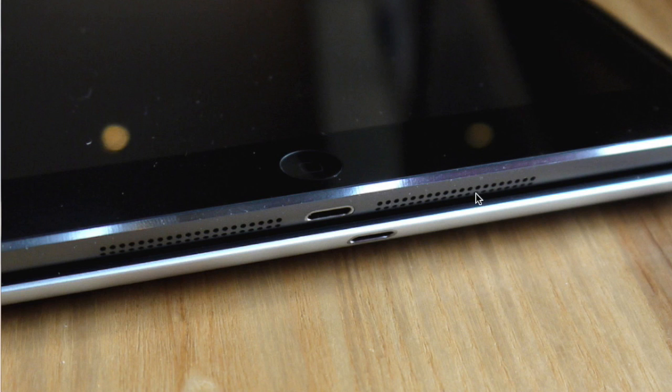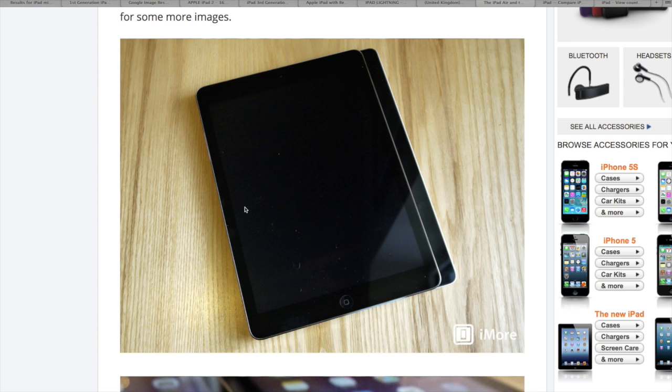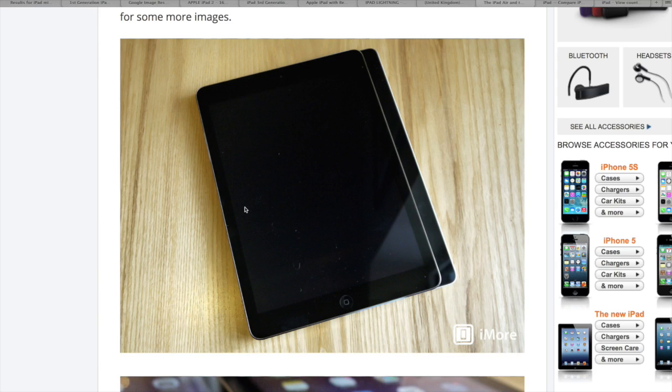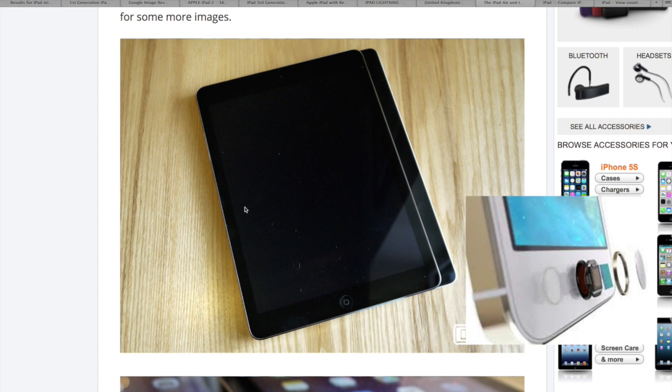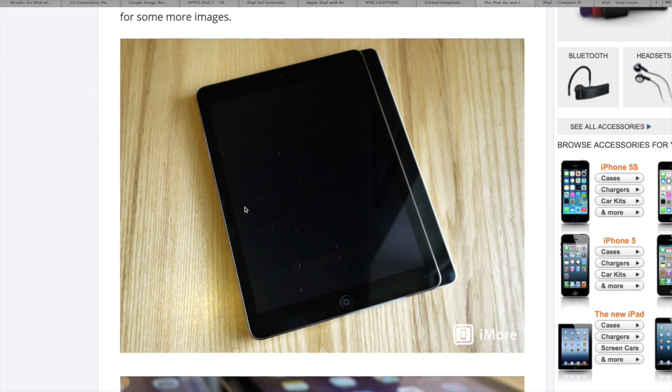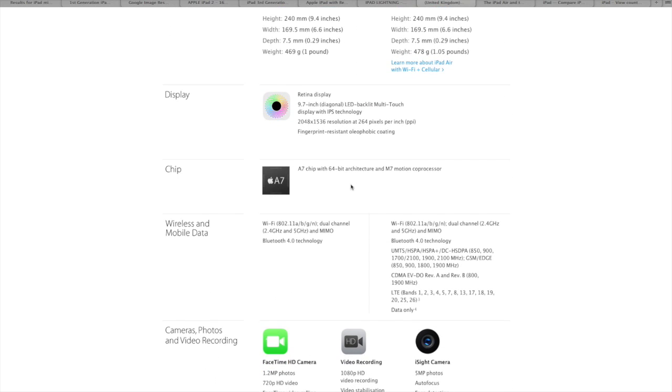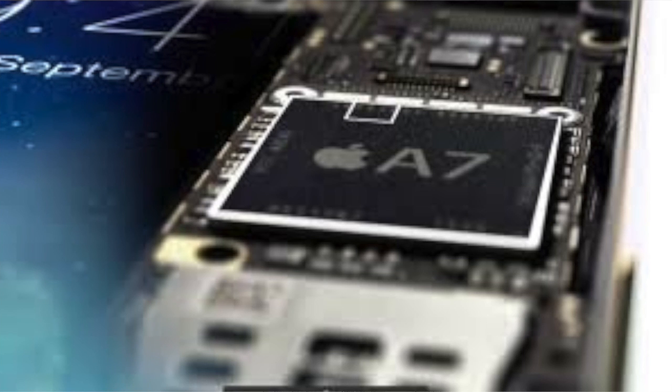It was also thought that the iPad Air would have the new Touch ID fingerprint sensor, the same as the iPhone 5S, but Apple decided not to include that. Another thing they didn't include was the ability to set up multiple user accounts, which would have been nice. So it's kind of more like a PC or a Mac where you can log in under multiple usernames and have it customized. But hey ho. The iPad Air, by the way, has got a Retina display, and it's also got an A7